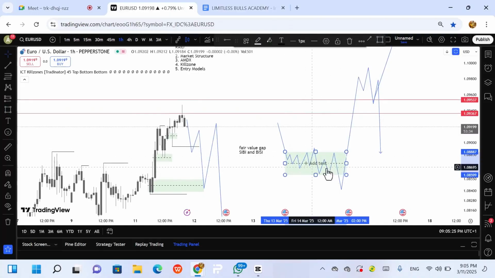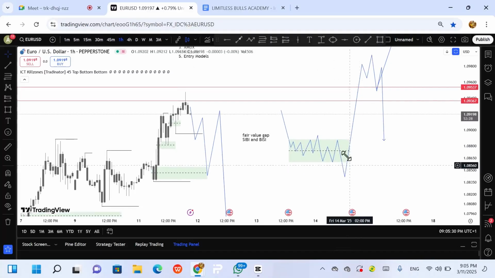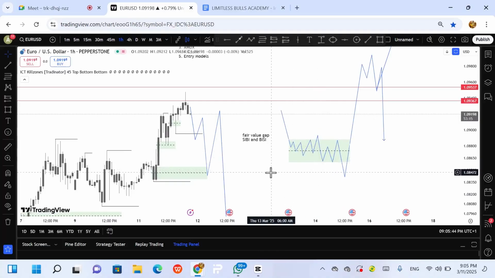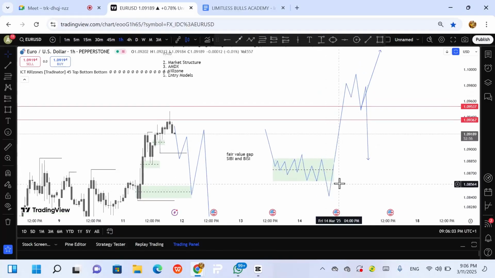This is the accumulation. So after this accumulation, what happened? Institutional traders, they tend to manipulate. They have been buying order at this point. If somebody is buying here, stop loss is below this zone. So somebody is buying here, stop loss is below this zone. Somebody is buying here, stop loss is below this zone. So they tend to manipulate. This is what we call stop loss hunt. It is either called stop loss hunt, a spring according to Wyckoff's, stop loss hunt according to ICT, or you can call it manipulation according to ICT as well. So this is the manipulation phase, and this is the distribution.